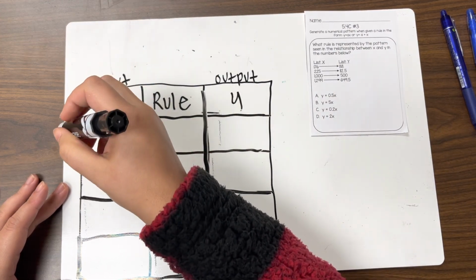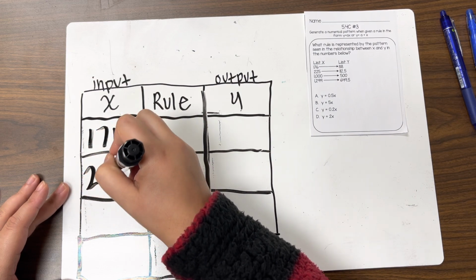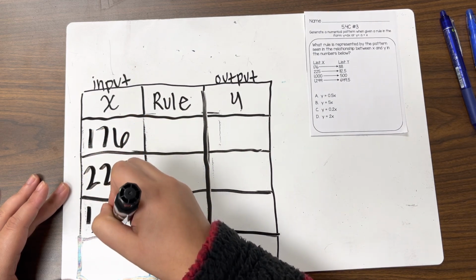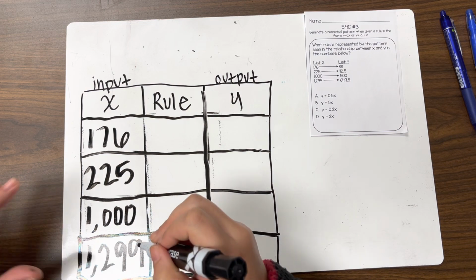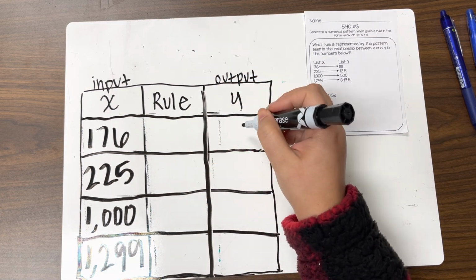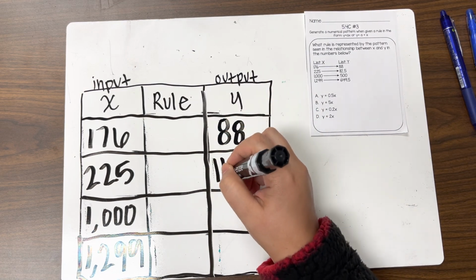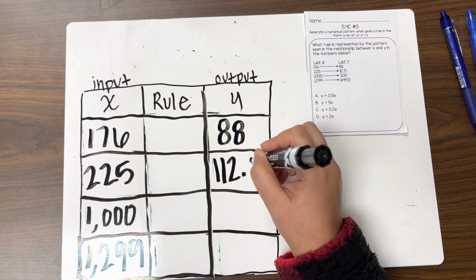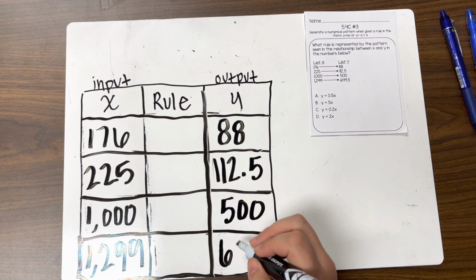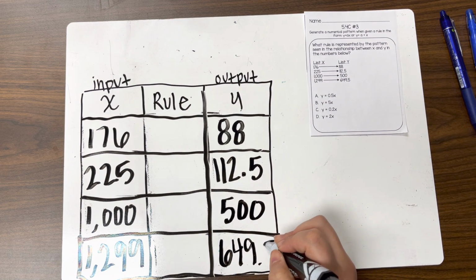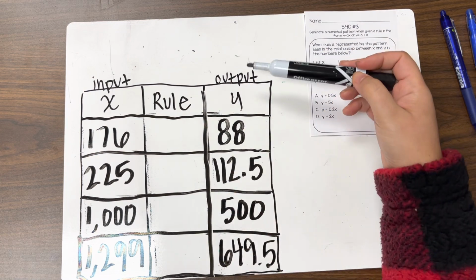So they're telling us that we have 176, 225, 1,000, and 1,299. Then we have output, which is 88. We have 112 and 5/10. We have 500. And then we have 649 and 5/10, okay? All right, so they give us the input, they give us the output,